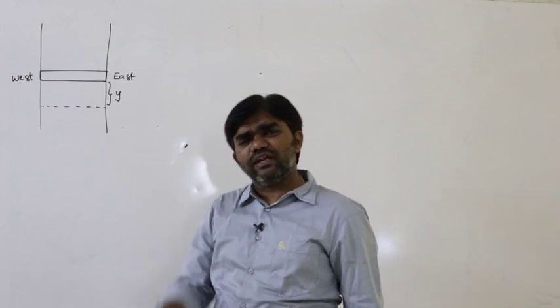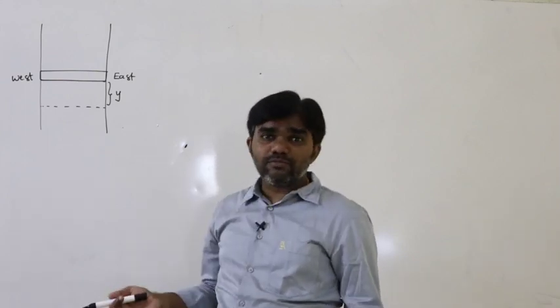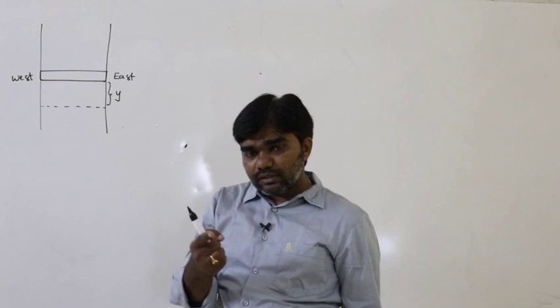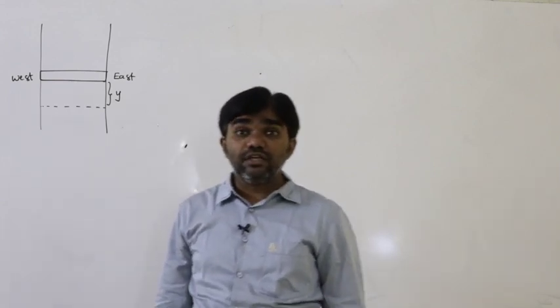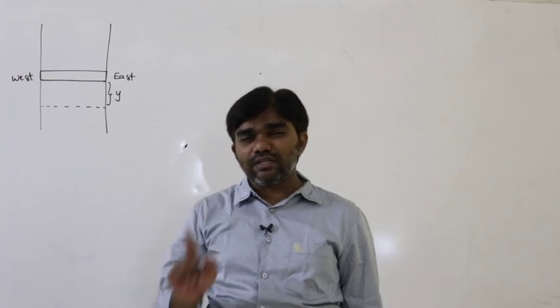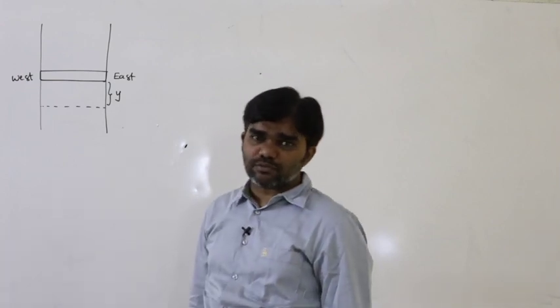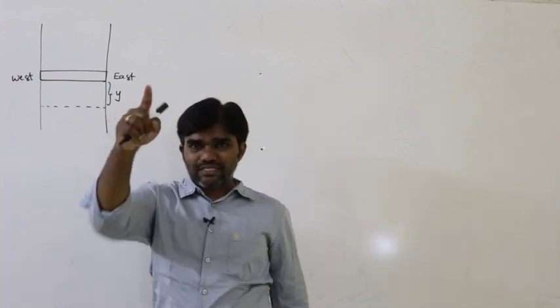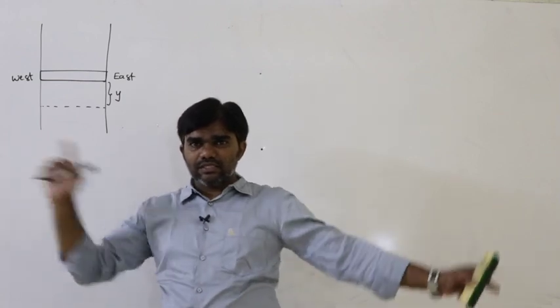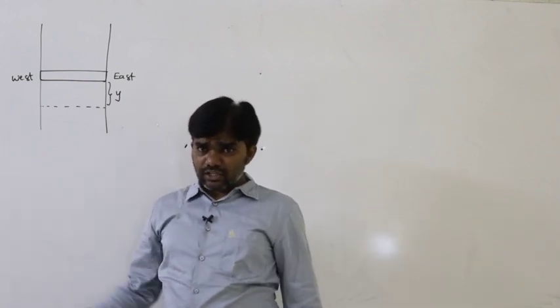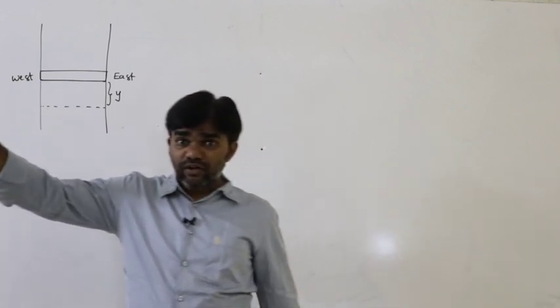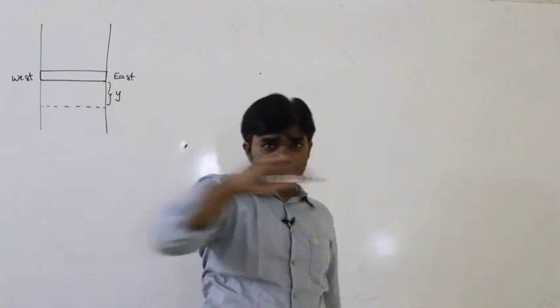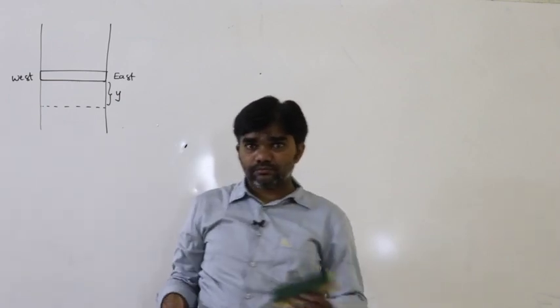Why is the flux generated here? Where does it come from? Remember, that is the horizontal component of Earth's magnetic field. What is the direction of the horizontal component of Earth's magnetic field? This is east, west, north, south. The horizontal component of Earth's magnetic field is always from south to north.